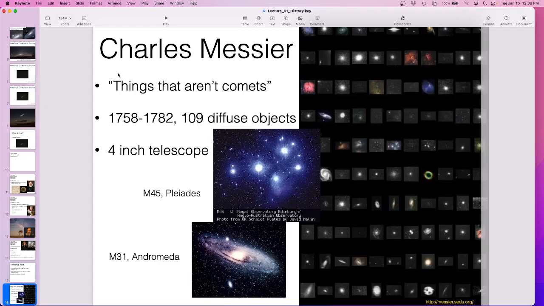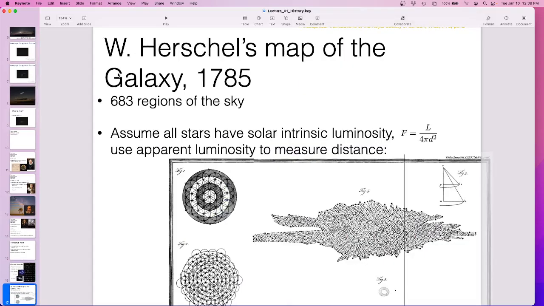Some of them are galaxies. Some of them are just fuzzy things, like the Pleiades is M45 and M31 is Andromeda. So this is in our galaxy and not very far away. This is another galaxy that's pretty far away. But he didn't know that. He had no idea what this was or what this was. I think he probably knew what the Pleiades were. But he didn't have any idea what this was. And is that different from this thing? Is that different from this object or this blurry thing? What are these objects? It took a little bit of time to really start to understand what these things were.